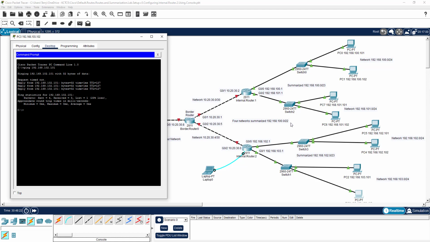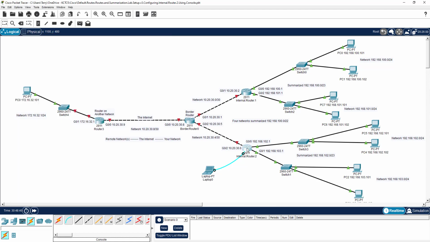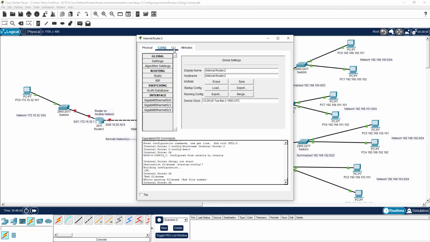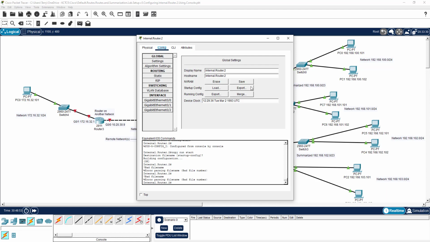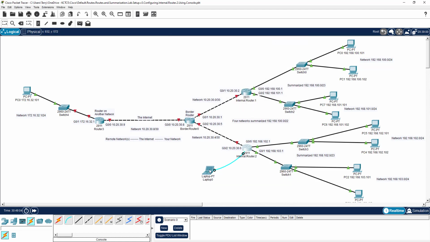So just to review here, I had a configuration, I copied it, edited it, and fed it back into a different device using a laptop and a console cable. And this is how you would do it in the real world. So I could have gone in here and set all this up since I'm in Packet Tracer, but in the real world this is not going to be available to you. But you can use this to get the configuration you want and then copy and paste it and upload it. You can copy it and then upload it by pasting it from your laptop into a real device out there